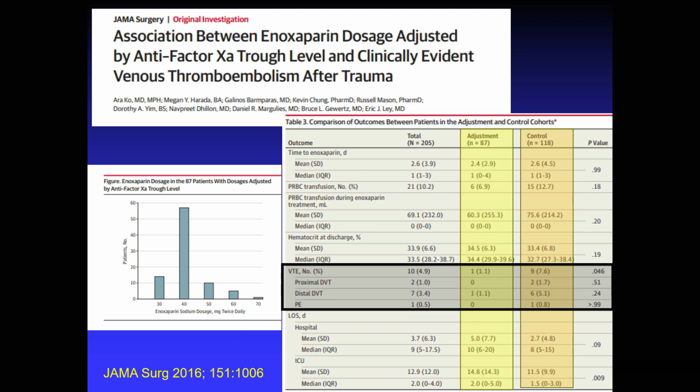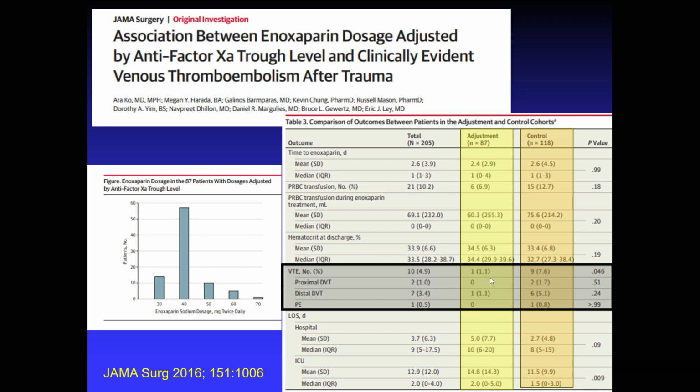I do not believe that that is supported by this study or others in the literature. So I have a little bit of heartburn with the recommendation for heavier patients receiving dosing of 0.5 milligrams per kilogram. I think the data really suggests, yes, some weight adjusted prophylactic dosing, but likely topping out somewhere between 60 and maybe you could even argue up to 80 milligrams BID. But going higher than that, I'm just not seeing support for it, neither in the trauma literature nor in the bariatric literature. We'll touch upon this a little bit more as we go forward, but I think that's an important observation from this study.